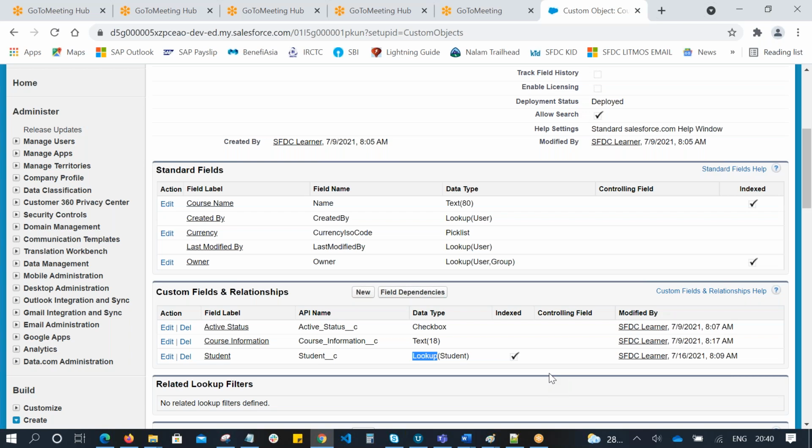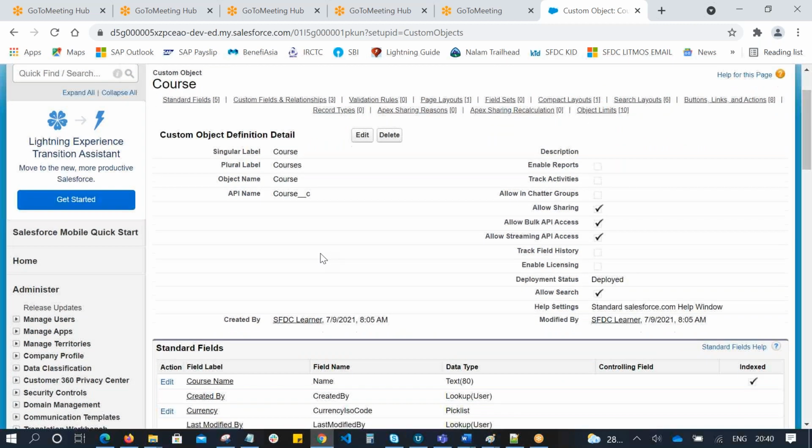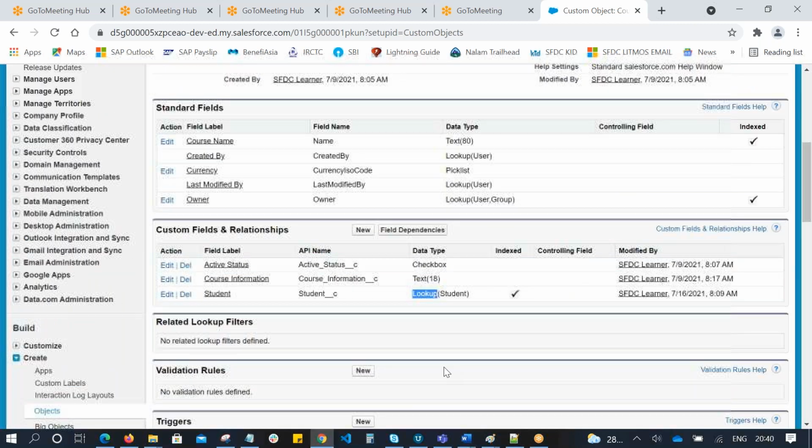Remember one point here: always build the relationship from the child object. From the child object we are relating to the parent object, the student object, because while creating a course, we need to select the student.